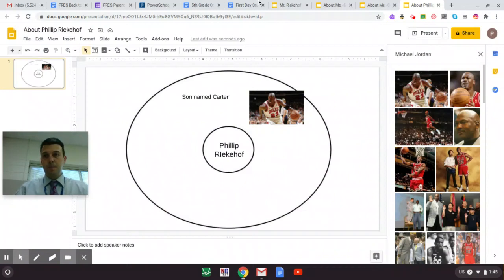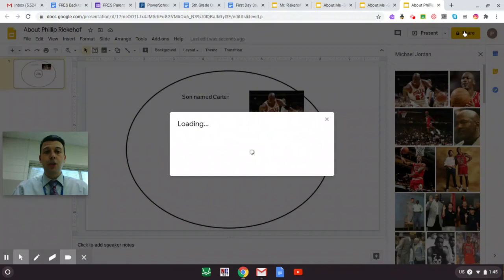The last step, once you have put all the things in your circle map that you want to share with me, go up here to this share button. This is how you'll turn it in to me or turn it in to your teacher. So if you're in my classroom, you're going to share it with Philip Rickahoff. If you're in Mr. Caro's classroom, you're going to share it with Mr. Caro. So you click the share button,